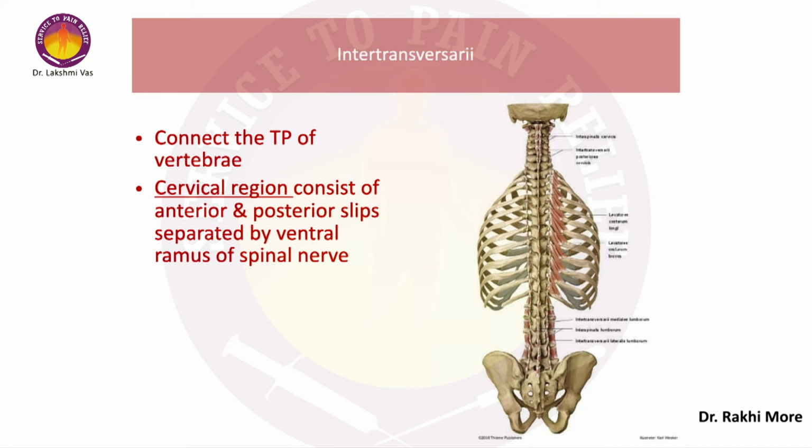And the movements which look minimal at the posterior end, at the level of the rotator muscle, are enhanced at the anterior aspect at the level of the sternum. That is why in the respiratory movements also, the pump handle movement, that is the anterior movement of the sternum, and the bucket handle movement, that is the lateral movement, are helped along with the movement of the rotators.